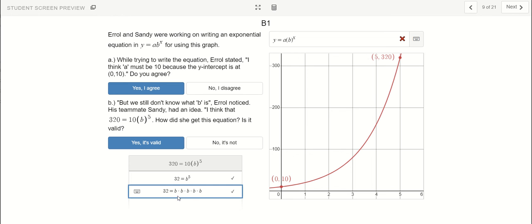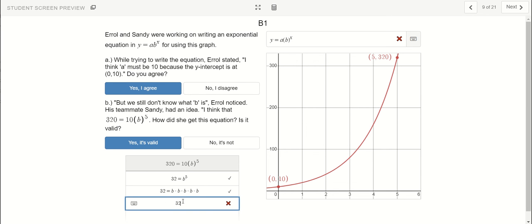So now I need to think about what number, if I keep multiplying, will be 32. Right? I know that 2 times 2, for a total of 5 times: 1, 2, 3, 4, 5. 2 times 2 times 2 times 2 times 2 is going to be 32. So b has to be 2. So for this equation,